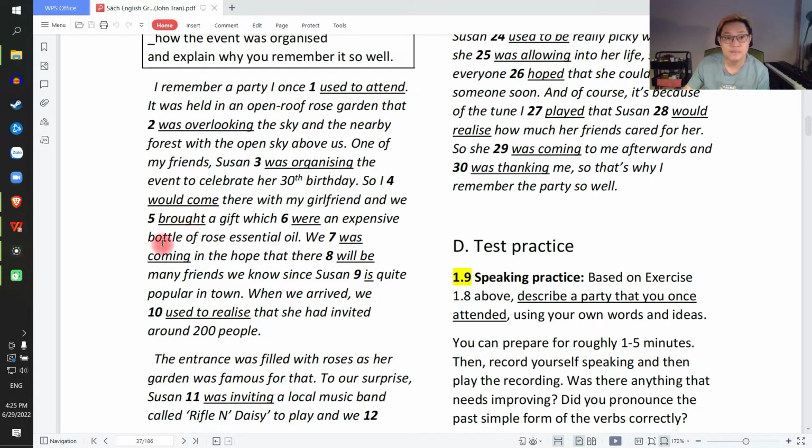Number 5 is correct. We brought a gift. Số 5 đúng nè. We brought a gift which was, because a gift is singular, so you have to put was not were. Cái a gift này nó là số ít cho nên phải là was, which was an expensive bottle of rose essential oil. Number 7, we came in the hope that,